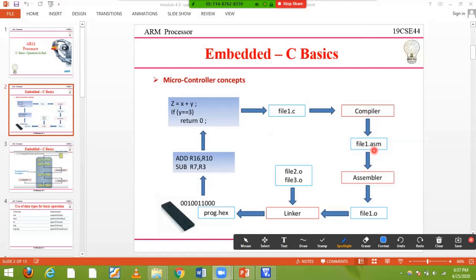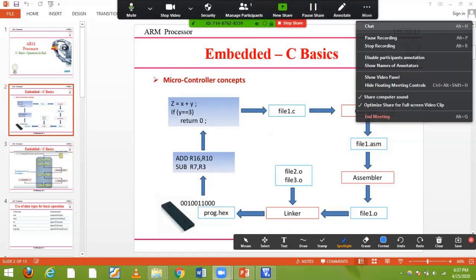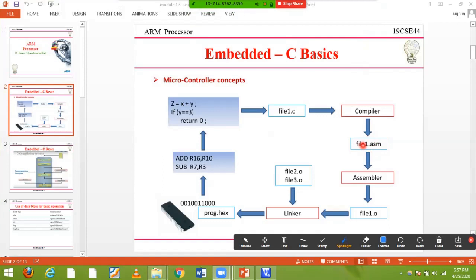After that we use an assembler. This assembler converts the ASM file into an object file. The compiler converts the C file into the asm file. Next, my object files go to a linker, with the help of some library object files. We have so many object files, and all are connected by the linker, and we get the hex file. This hex file only we are going to dump onto our embedded systems like microprocessors.